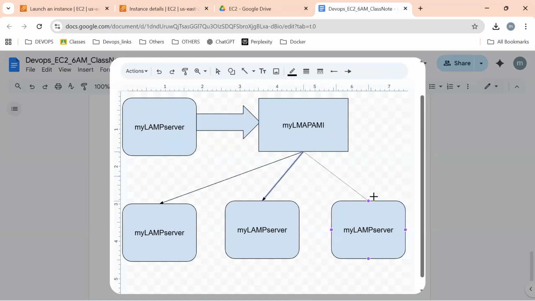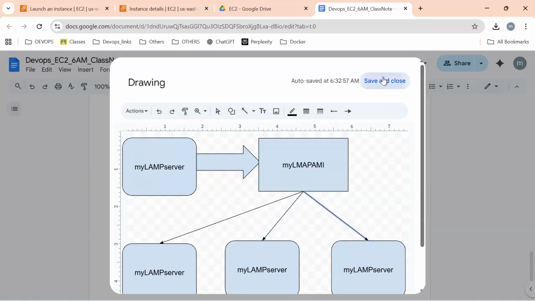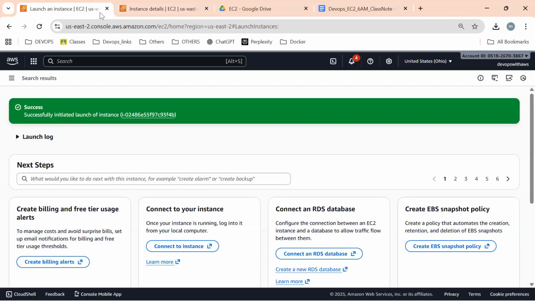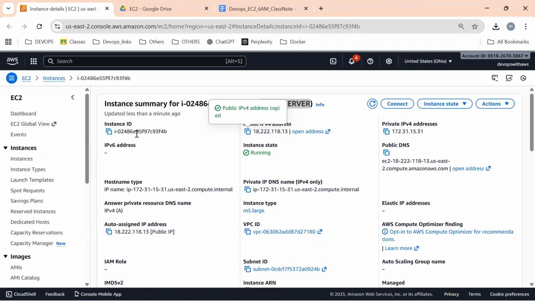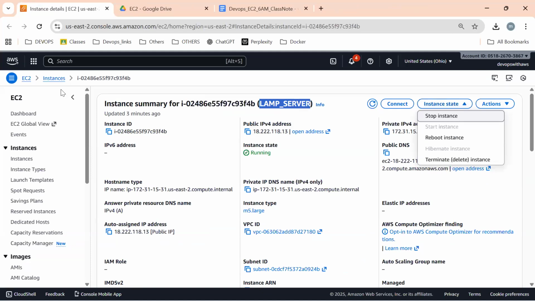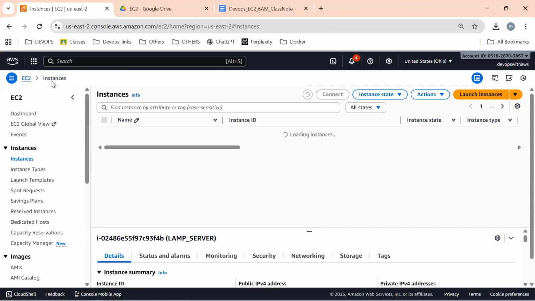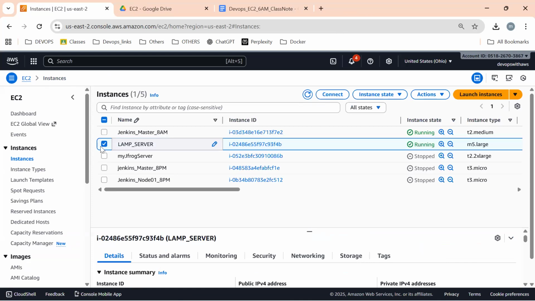So this is what we experienced in the last session. The same thing, let us try to do that. So first let us create an AMI. Sir, how to create AMI? How can we create an AMI? Click on instance type. Make sure which server you selected, or else let us go to instances, all instances. Select the particular server which you want to create the AMI from.